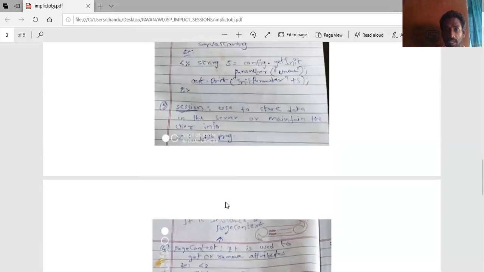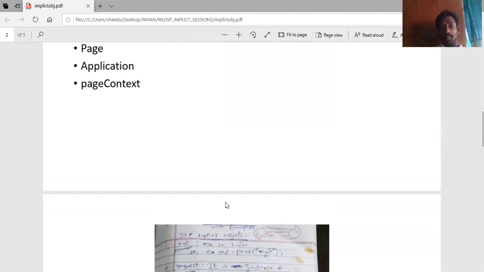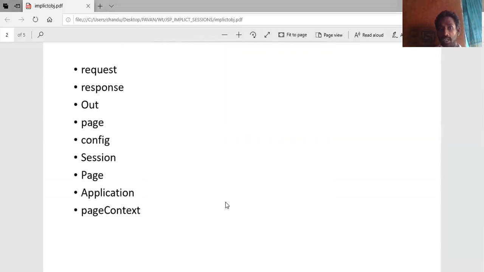Once again, I'm repeating, observe carefully. This is the important question: explain implicit objects in JSP. Request object is used to get the parameters, and it is an instance of the HttpServletRequest class.